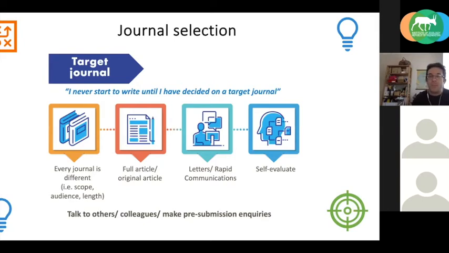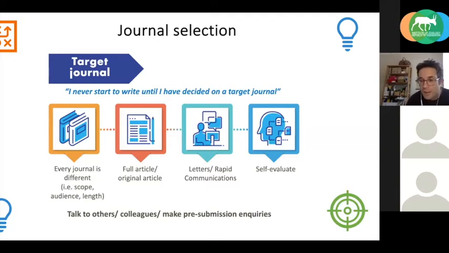So if you were to send a paper to Nature or Science or a big international journal with a high impact factor and lots of multidisciplinary readers, you're going to have to write the paper in a different way to if you were writing for a local, more regional, subject area specific journal. So think about this, and it's important in the process to be efficient as an author, to reach out